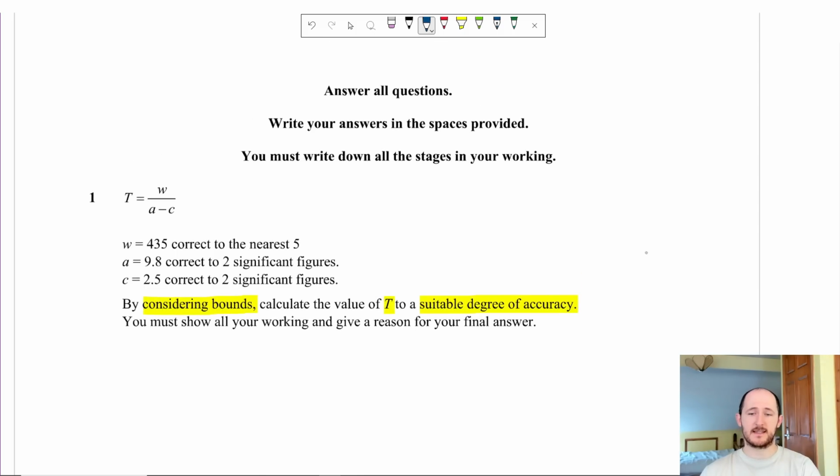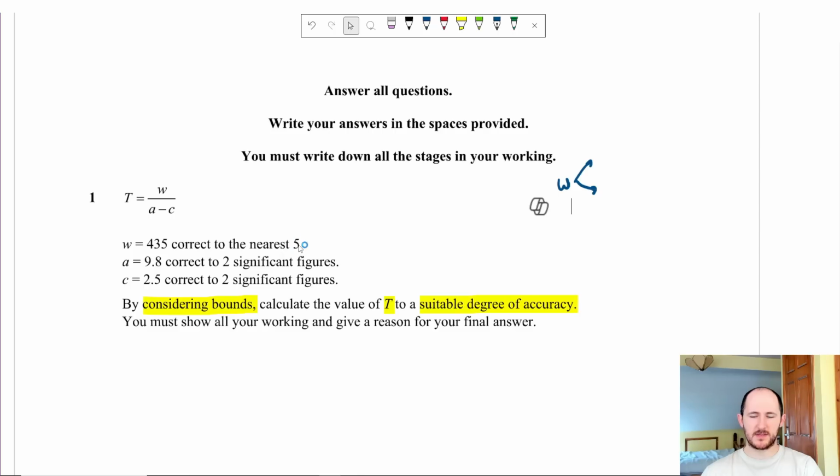Now I'm going to show you how to get some of the marks. The first thing that you always want to do in any bounds question is you want to write out the upper and lower bound for everything. The reason for this is you normally get 1 or 2 marks for this. So even if you're unsure, you at least get 1 or 2 marks instead of 0, which is, you know, a lot nicer. So with W, if we rounded this to the nearest 5, then the thing I do is